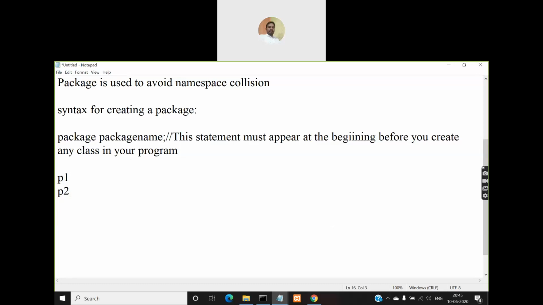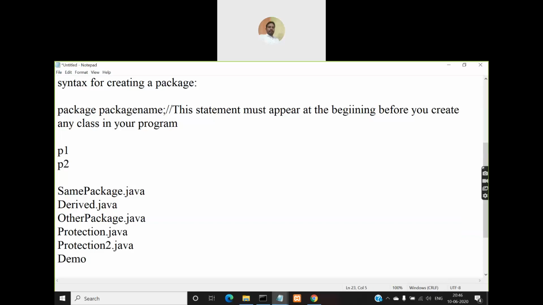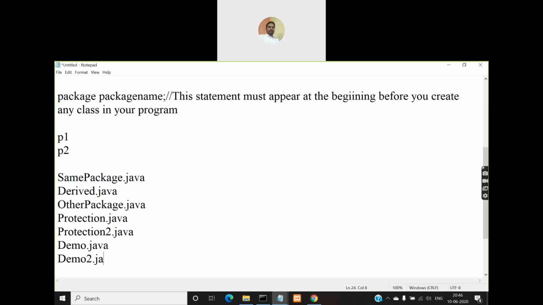And in these two packages, we are going to create .java files. So these many .java files I'm going to create.